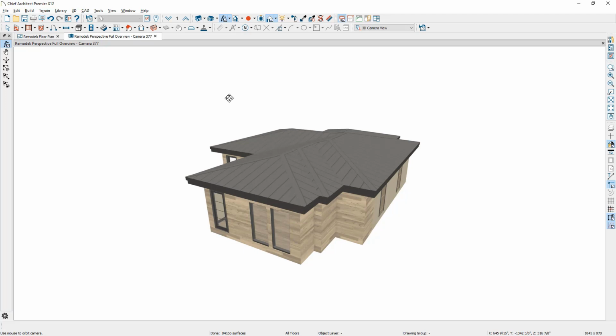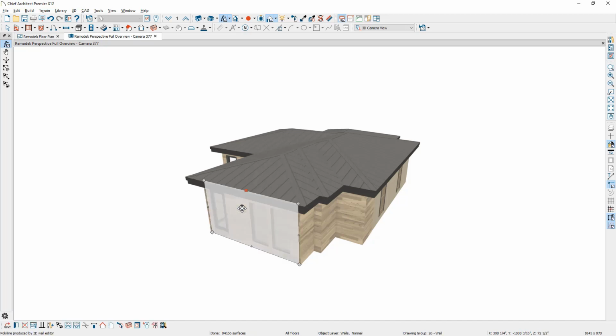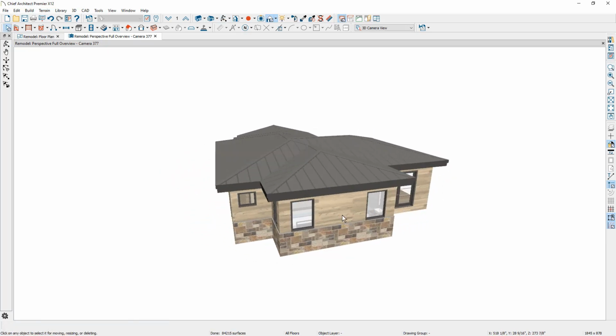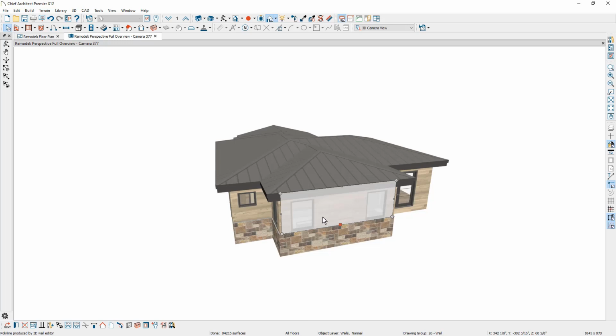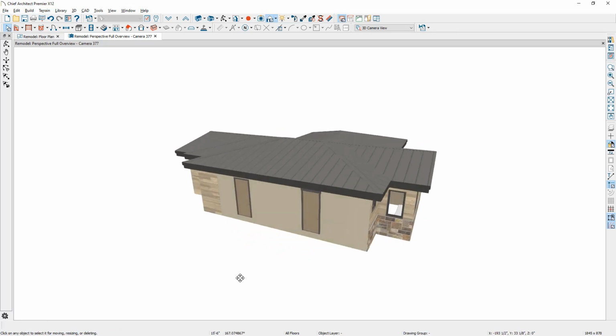In this plan, my roof is set to automatically rebuild, so any changes I make to the walls, the roof automatically adapts to it. Let's make a couple of changes. On this outer wall, I'm going to go ahead and change that using the Convert to Gable wall tool. Click that. It will change that wall to a gable wall. I'm going to rotate around and make that exact same change on this wall over here. Again, change to gable wall, and you'll see the update right away.